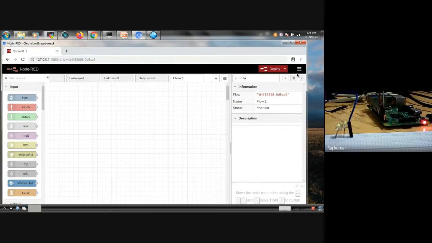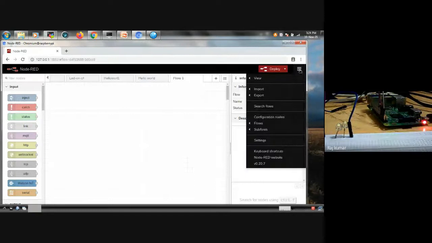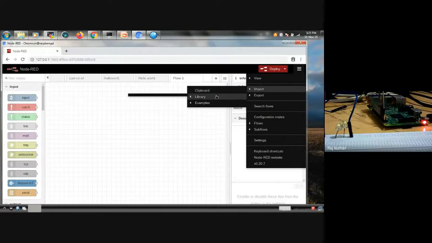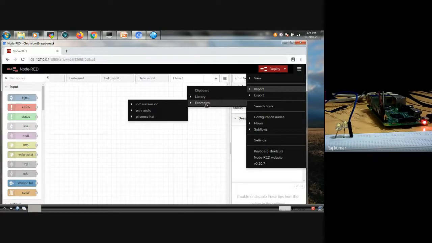Now I want to import one flow from some other site. As I said, I'm using a very old version of Node-RED, so I'm unable to get the latest examples. Here you can see in the menu, import, libraries and examples, for example IBM Watson IoT.